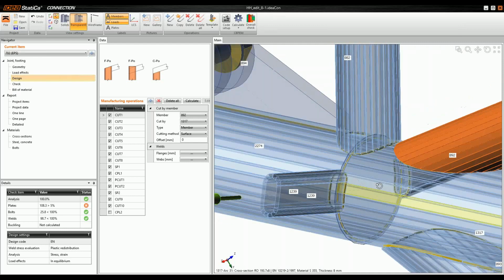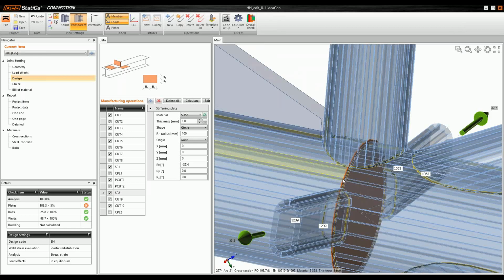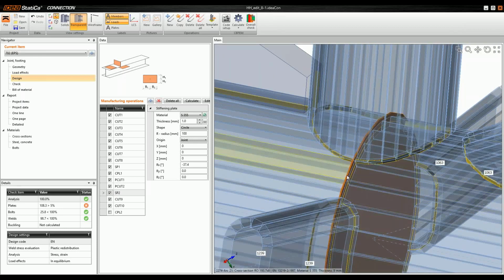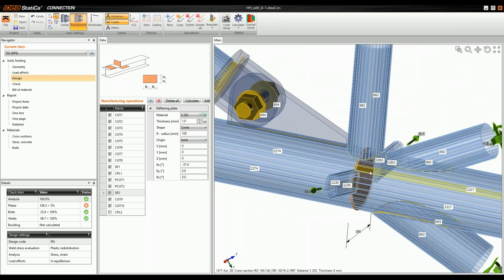Usually we tried a workaround by adding a stiffening plate in between, so that one pipe is welded to the stiffening plate and the other also from the other side. This usually worked, but in this case they set only 1 millimeter thickness of the stiffening plate, which most probably caused some issues, maybe with the mesh or